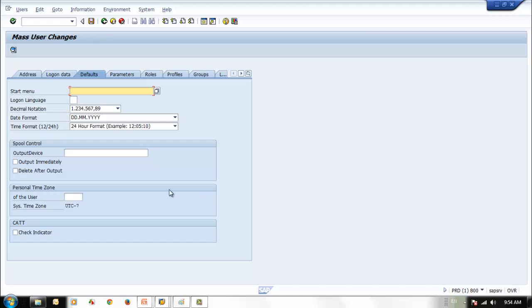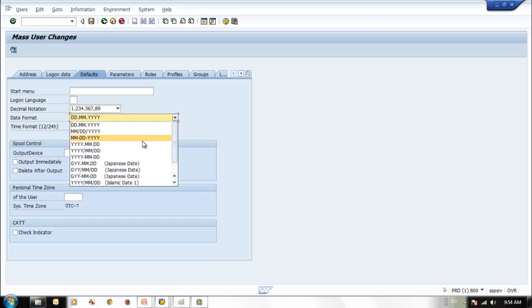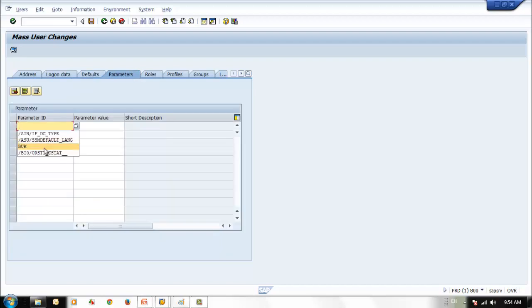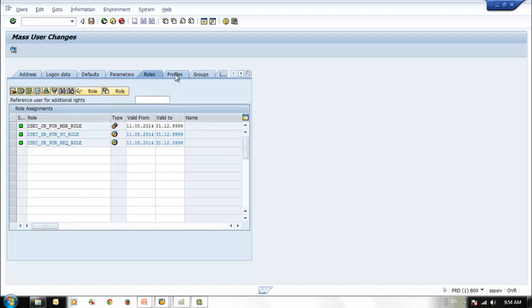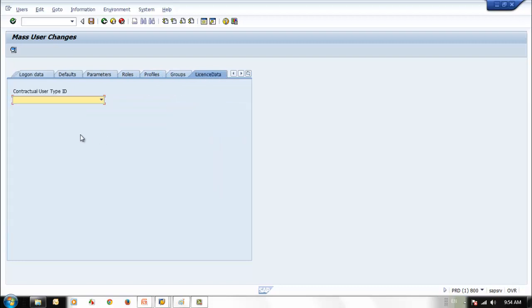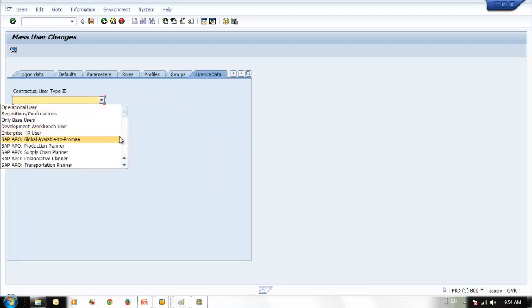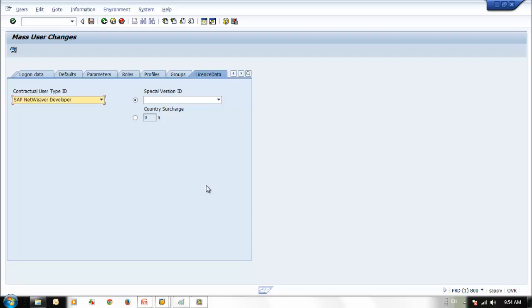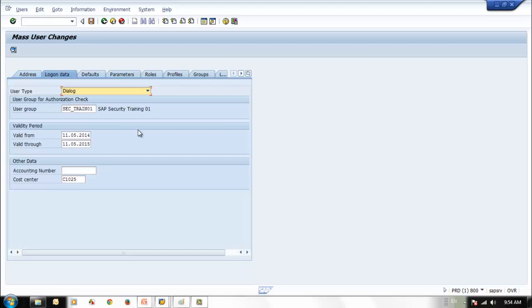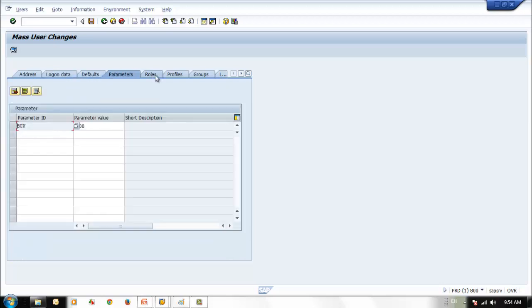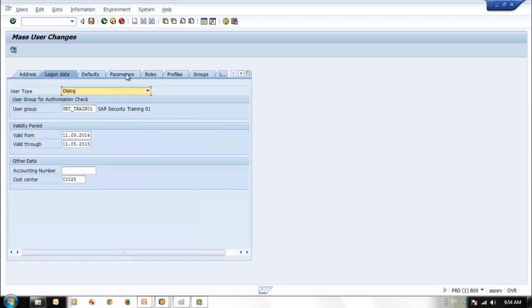And the defaults, let's say I'll change something else here and put some parameters, and I want to assign only one of these job roles, so assign to all users, and this is a NetWeaver developer. Okay, so we selected all the possible options we wanted to assign for this set of users,